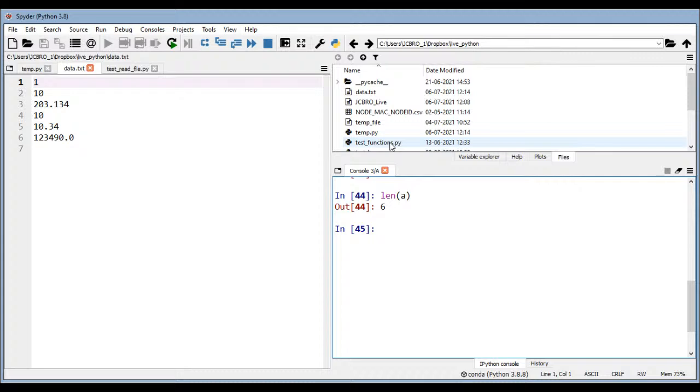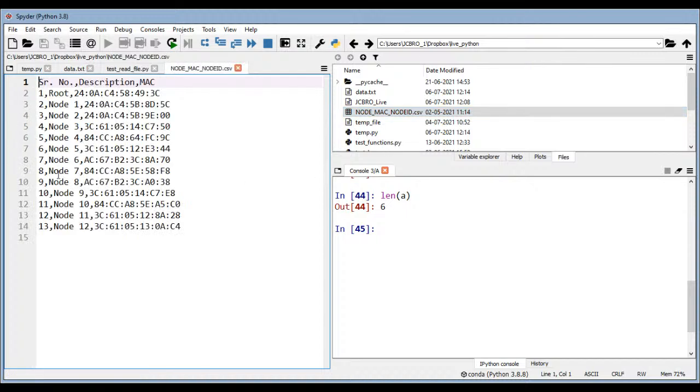All right, now let's read a CSV file, because CSV is one of the most common file types, generally produced by some sensor data, because all the sensor values are stored comma separated. So we have here a CSV file, node_mac. It contains different columns, and you can open it with Excel as well. If we want to read it, the simple command is f = open node_mac_node_id.csv